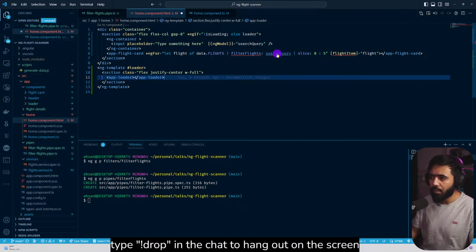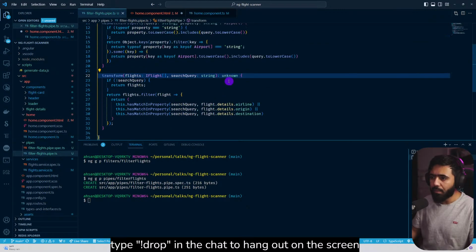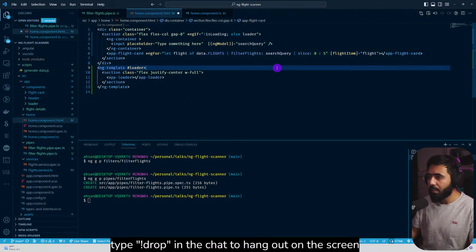Search query. Search query is of type string, right? And my pipe expects a search query string. Ooh, the flights. My bad. This has to be not unknown. We send back a list of flights. That's what's happening right here. So as soon as I introduce this in the equation, everything